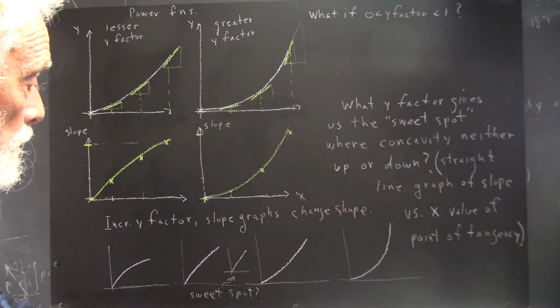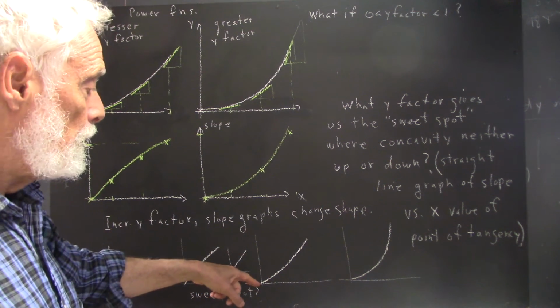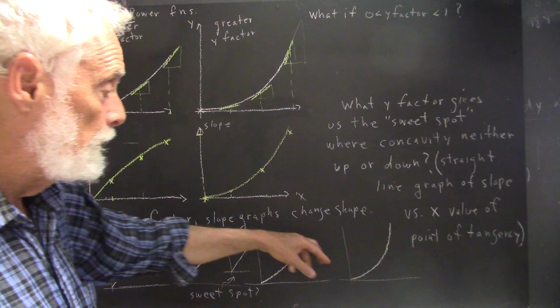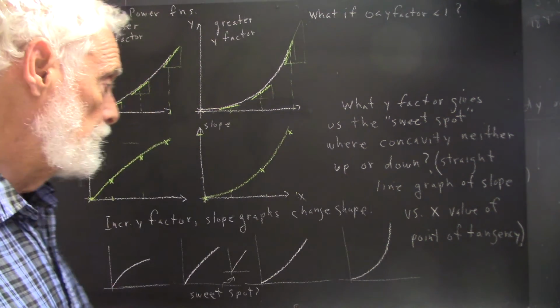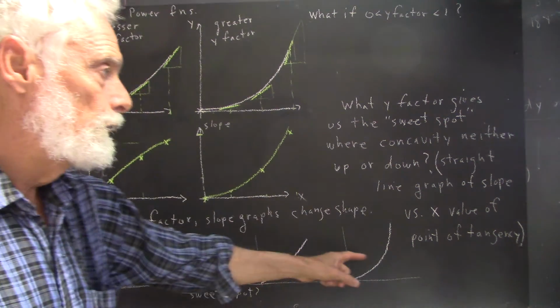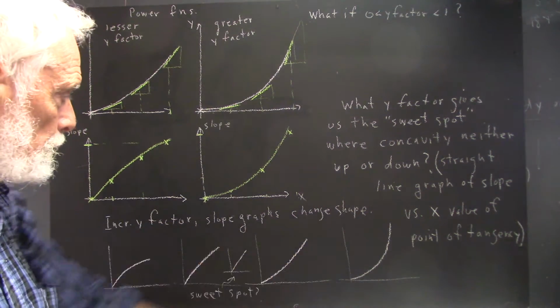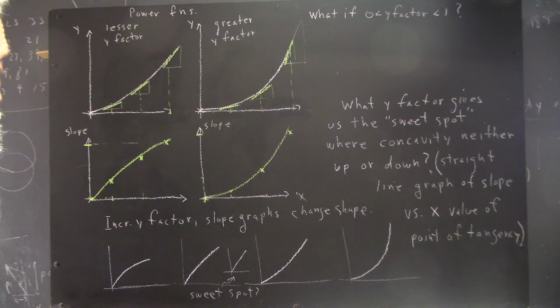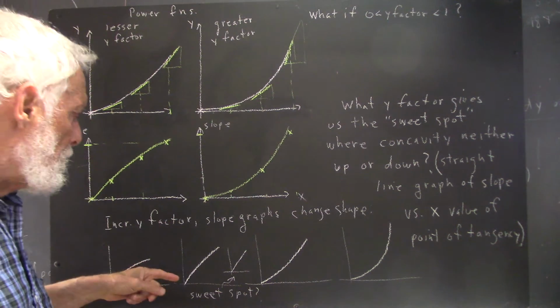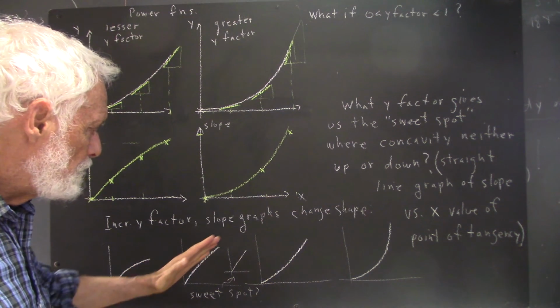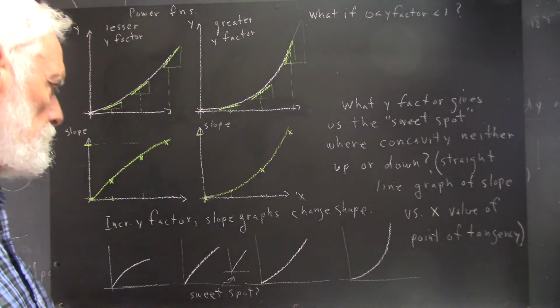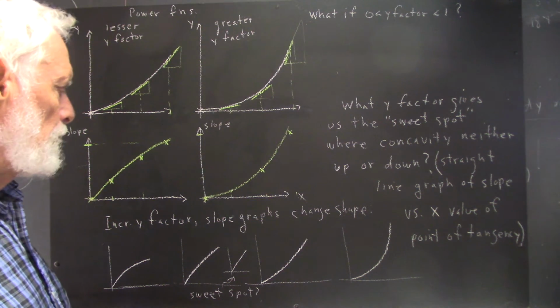Ignore this for a minute because we want to make this plausible. Here we have a little bit of upward concavity. Now here we have even more upward concavity. And this is the progression we would expect if we progressively increase the y factor. So, between a little bit of downward concavity and a little bit of upward concavity, we expect maybe that there would